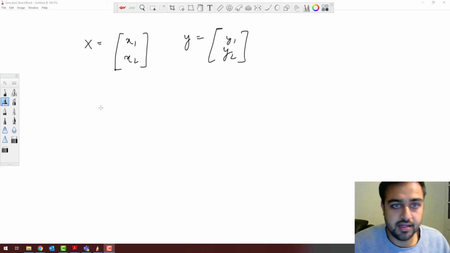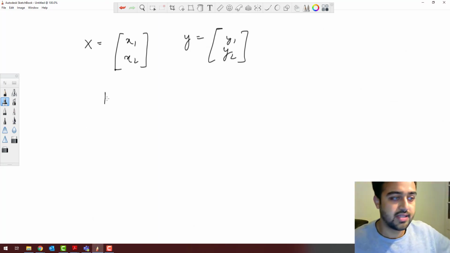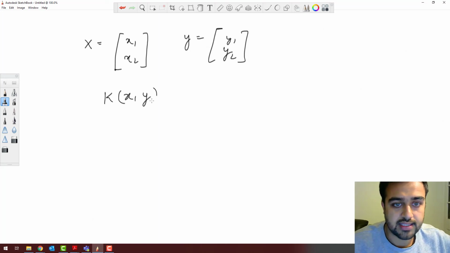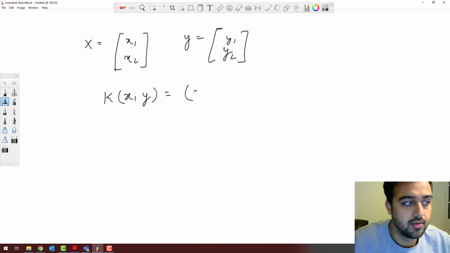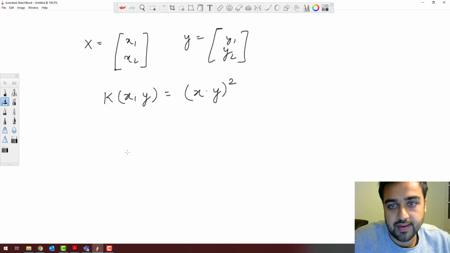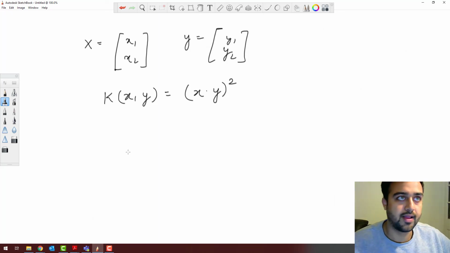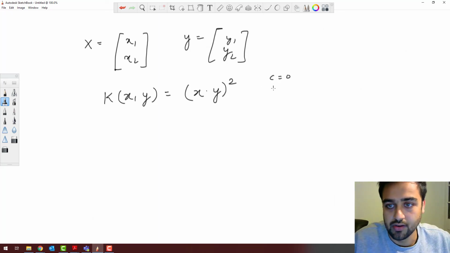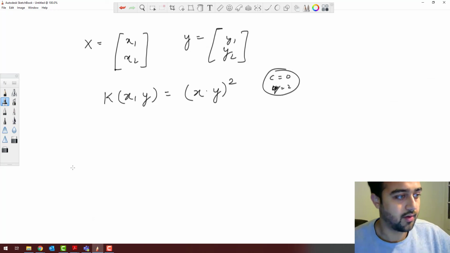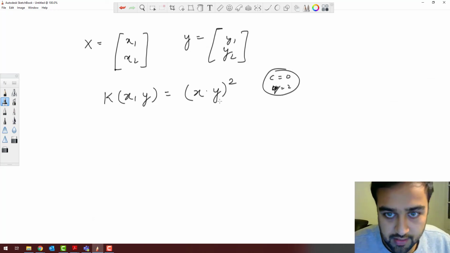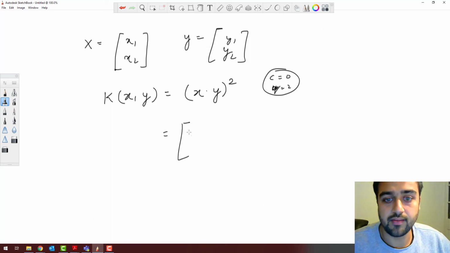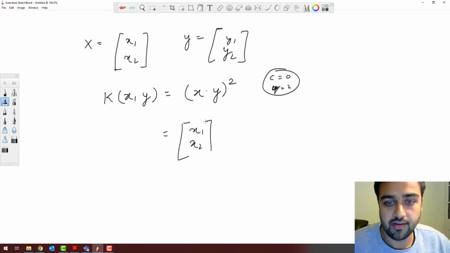Now, in addition to these 2 points, we are using the kernel K(x, y) equals (x dot y) squared, a polynomial kernel with c equals 0 and q equals 2. In order to find (x dot y) squared, we would need to take the dot product of the features,